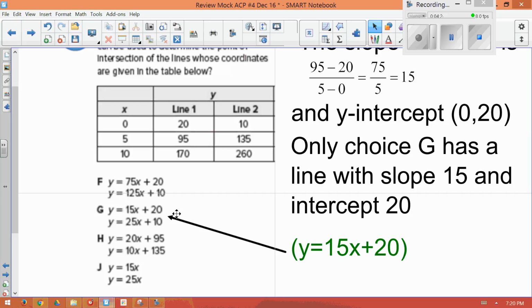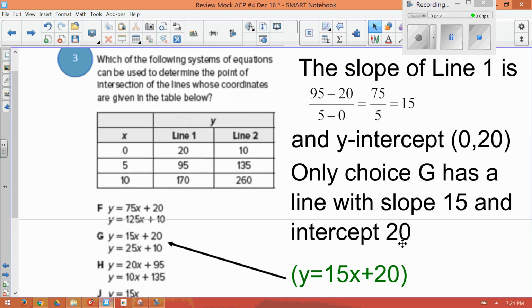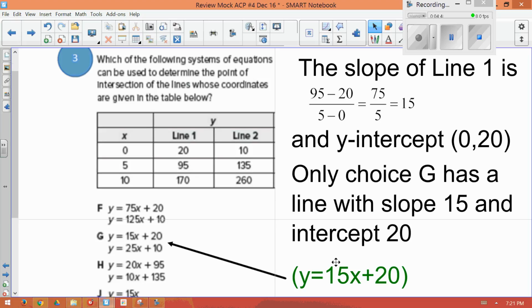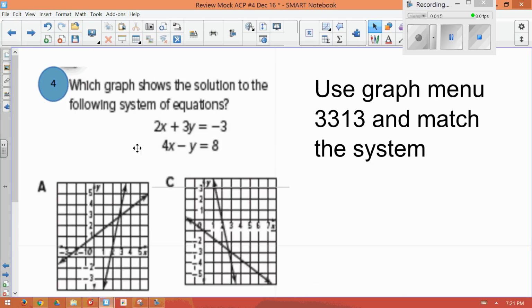Well, you only see y equals 15x plus 20 in choice G. There is nowhere else. The only other slope of 15 you've got is J, and it can't be J because J has no y-intercept. So only choice G has a line with slope 15 and intercept 20. And so that's the slope equation form there, and that's why G is the answer. Look at